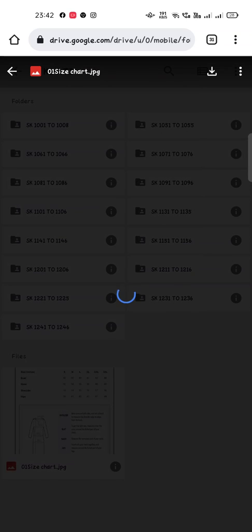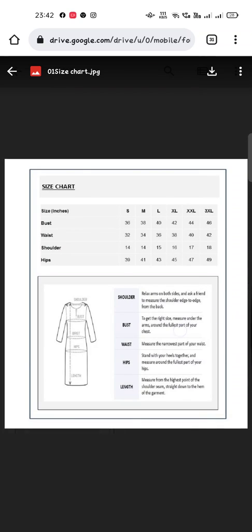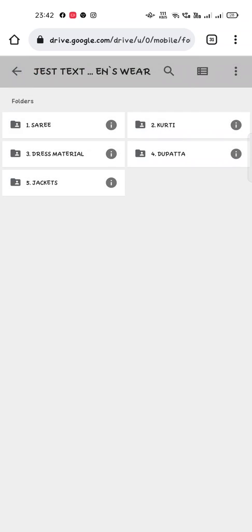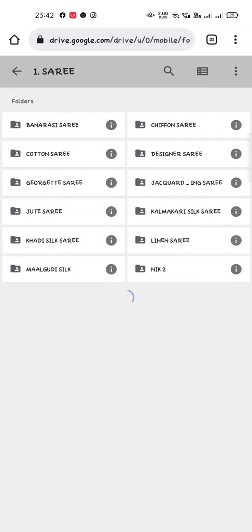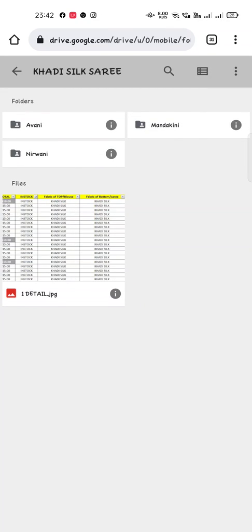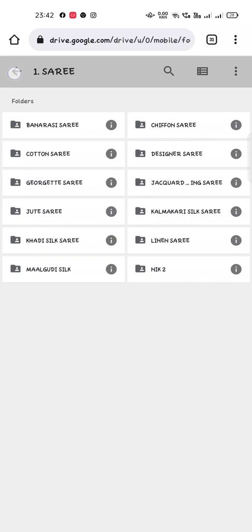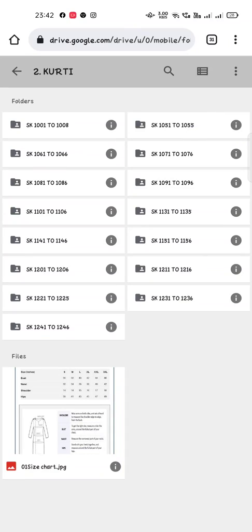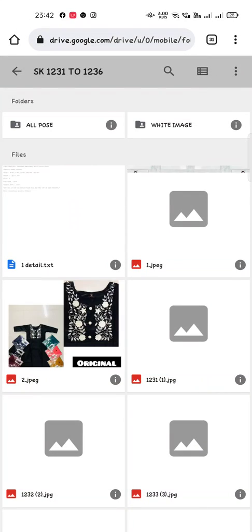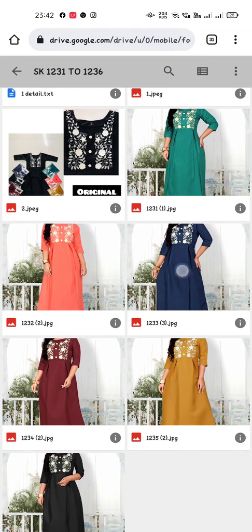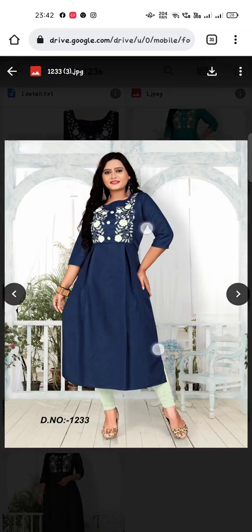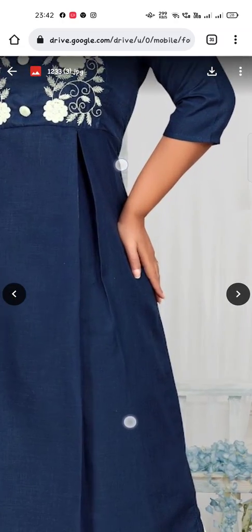With the size chart also available here. In sari, just now I told you in khadi silk, it is the same. I have shown you directly on their link how you reach it. You can download the HD image.